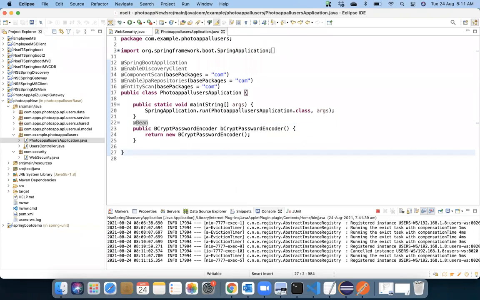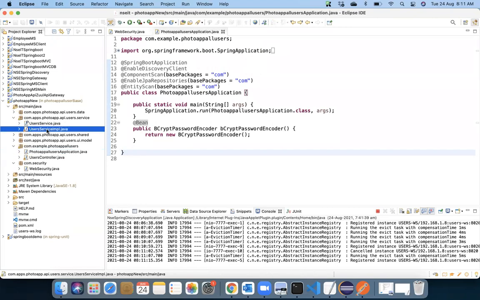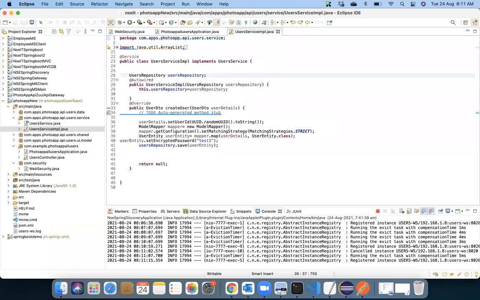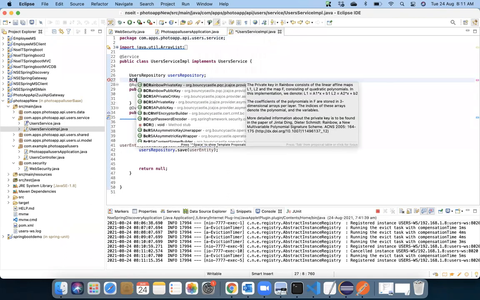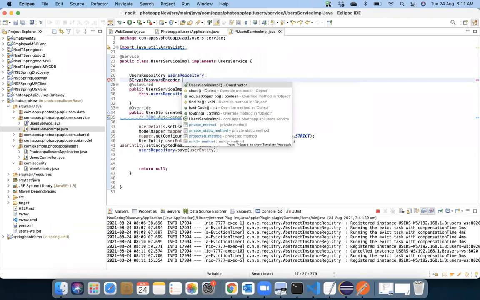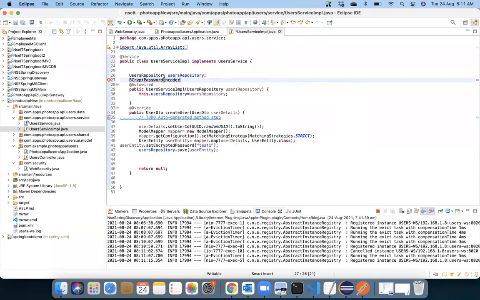Okay, so what you have to do now, once it is done, we'll be going back to the UserServiceImpl, which is this, and here we would like to add another property called BCryptPasswordEncoder.